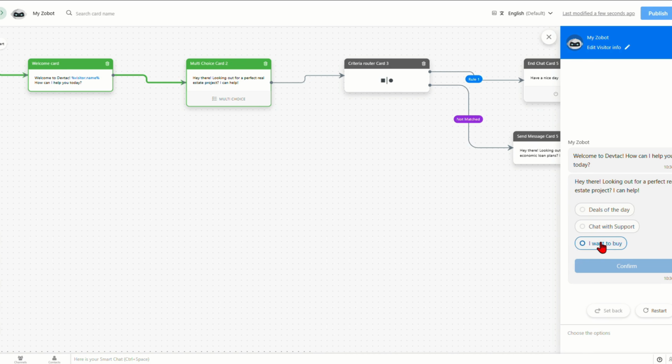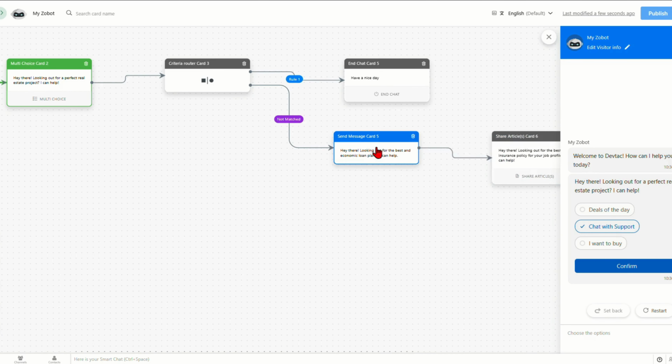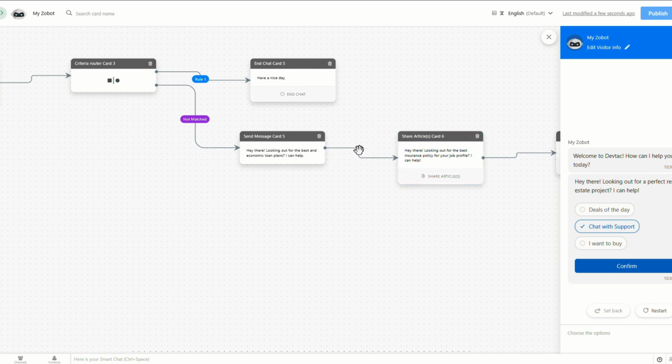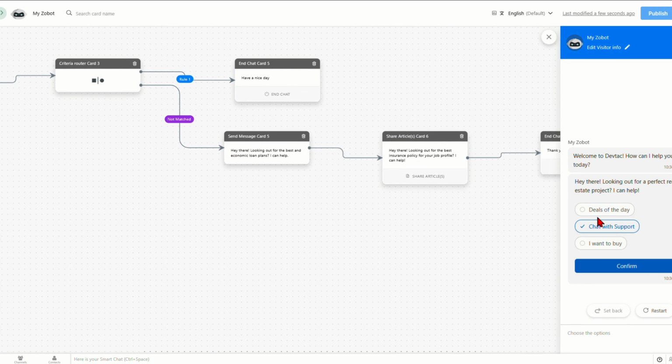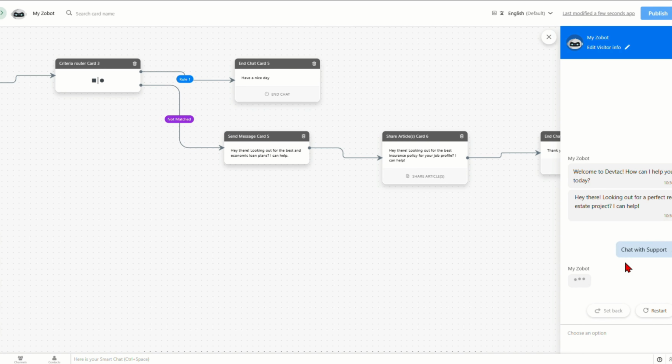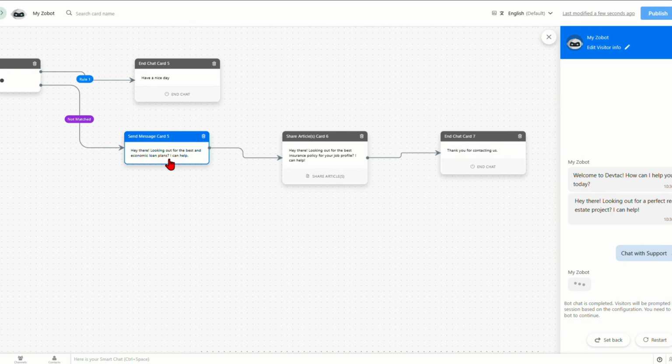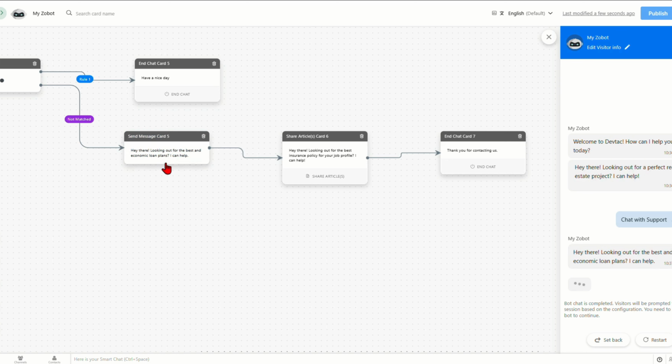So let's try to select "chat with support." So the flow should follow here, since we will not select the exact match based on the criteria router. So click confirm. It will flow here,